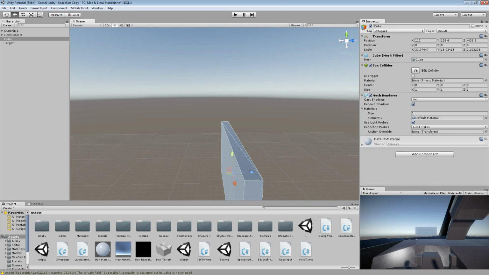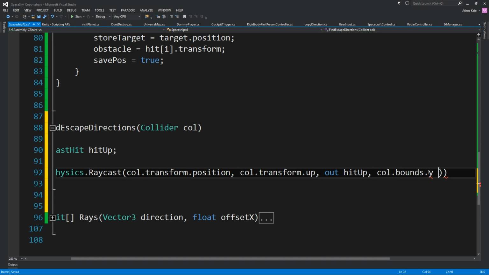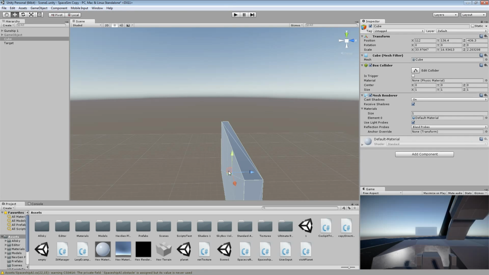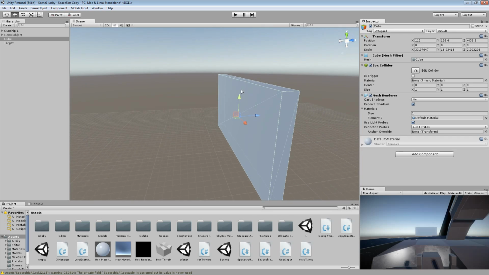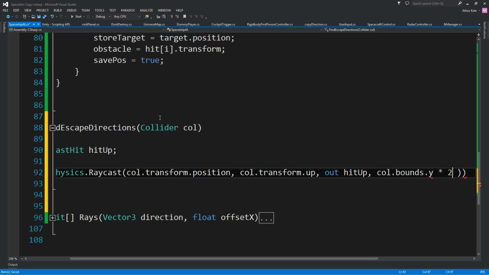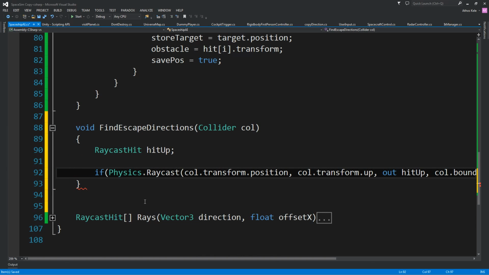So one way we can clear this, we can multiply it by 2. So it's actually going to go double the position. So it will be around over here, somewhere like over there. But since our spaceship is big